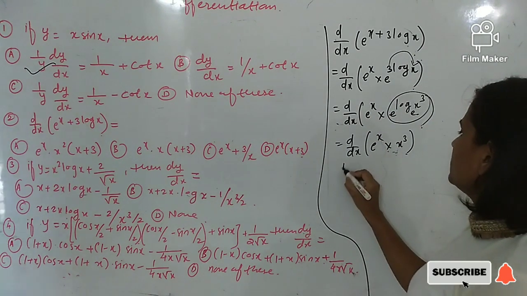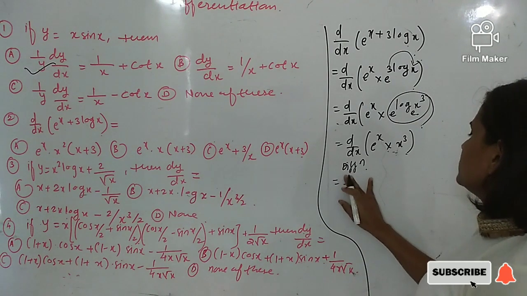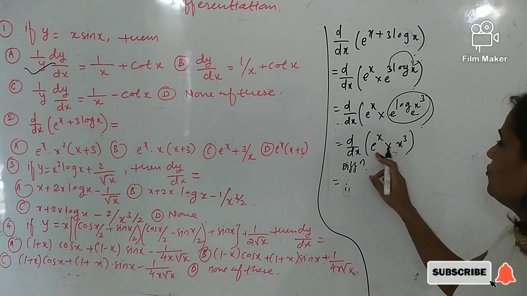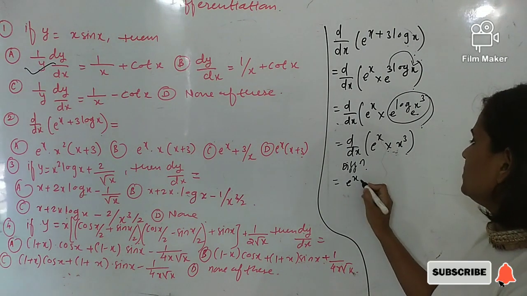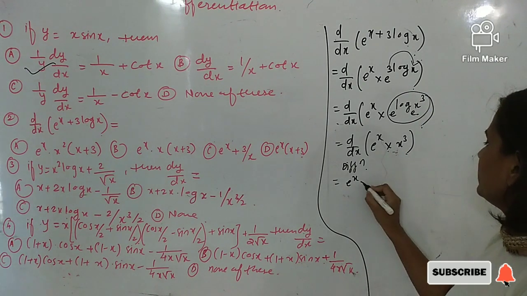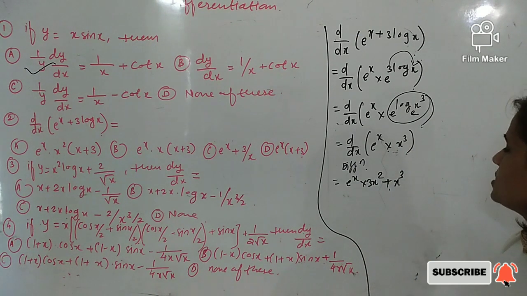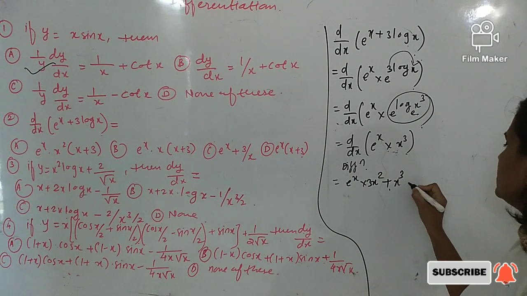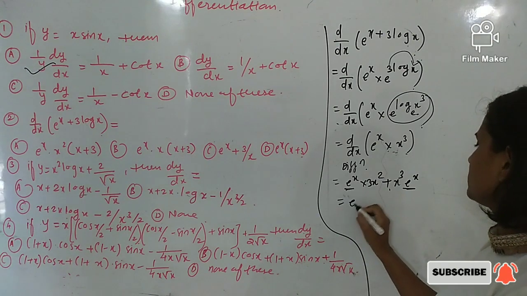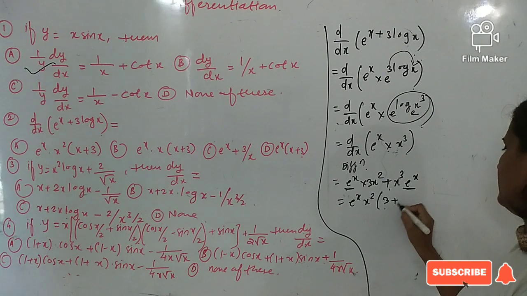Now you can differentiate. Again two functions are multiplied, so apply the u into v rule: the first function, e power x, as a constant times the derivative of the second function, x cube, which is 3x square, plus the second function, x cube, as a constant times the derivative of the first function, e power x, which is e power x. I can take e power x and x square common. What is remaining is 3 plus x.